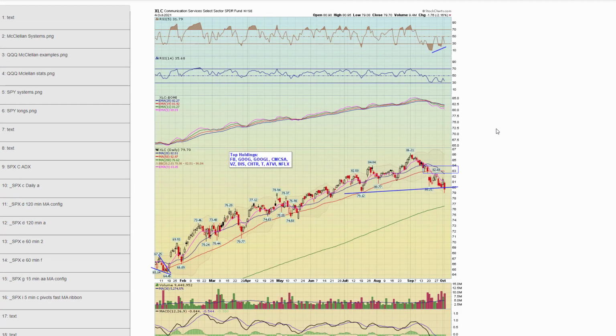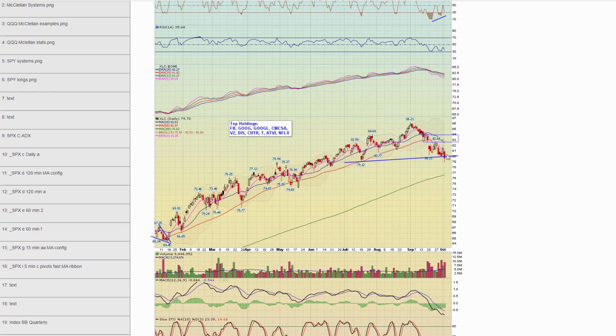Next, chart 42, XLC tech communications sector. Notice that it's come down to this area here, probed below it, came back. There is some positive divergence here, but it still looks quite weak, guys. Even if it gets a bounce here, I still think it may want to work to its 200-day moving average. Okay, again, this has a lot of those big cap FANG type stocks like Google, Facebook, Netflix.